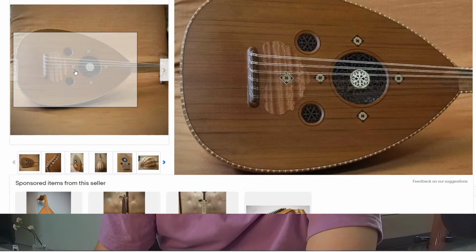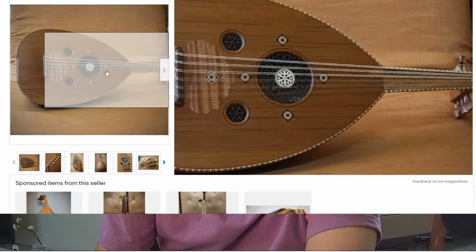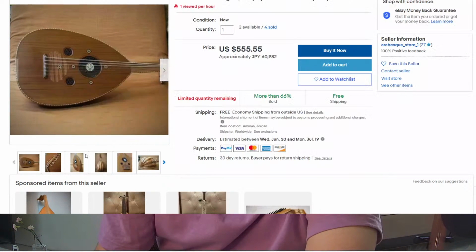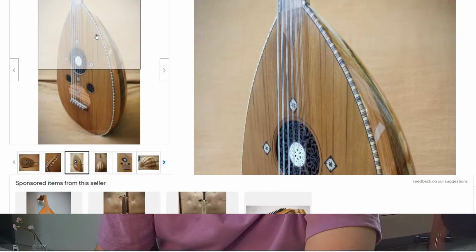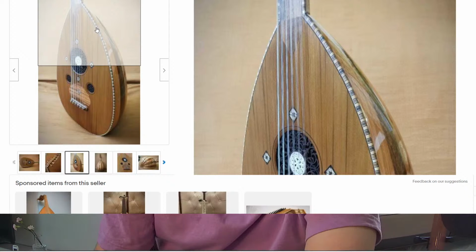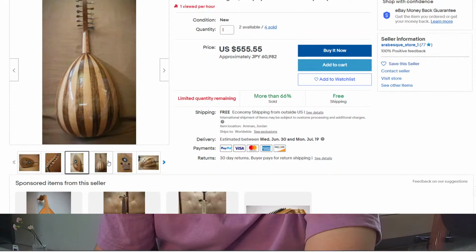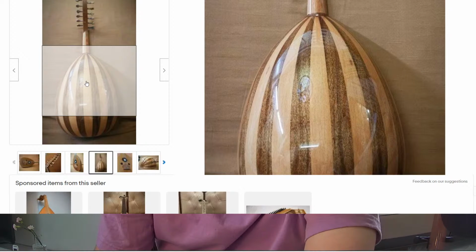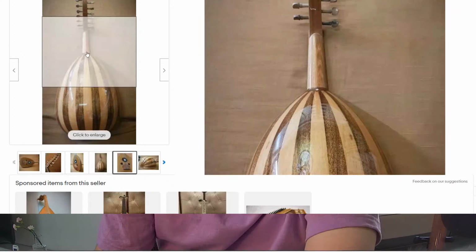These ouds are pretty straightforward, pretty safe buys. They have some pretty consistent workmanship. A little bit rough around the edges, the Zeryab Ouds, but not bad ouds for beginners, amateurs, somebody that just wants a decent oud. I have a Zeryab Oud, of course, as well, that you sometimes see me play in my videos. They're not bad. The nice thing about Zeryab Ouds is that they come with